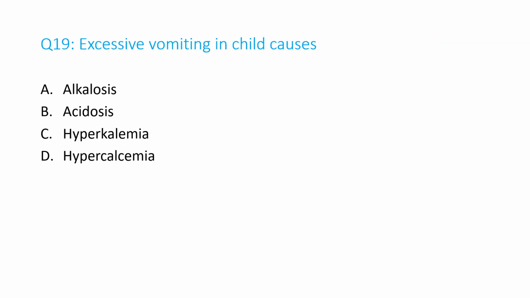Question number 19. Excessive vomiting in a child causes A. Alkalosis, B. Acidosis, C. Hyperkalemia, D. Hypercalcemia. And the answer is